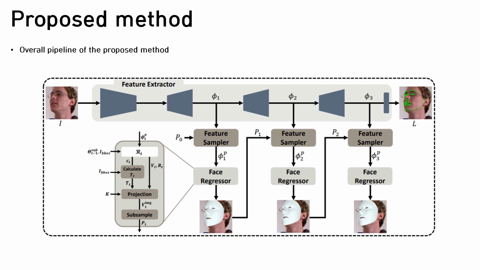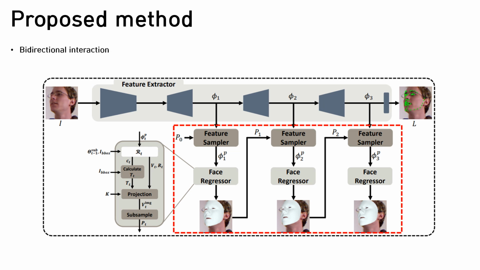At the resultant projected positions, feature vectors are re-extracted and fed back into the feature sampler. Since perspective projection is used for the projection process, face geometry and head translation become interdependent. To enable bidirectional interaction, TRG does not estimate face geometry and head pose all at once, but instead performs regression iteratively. Through the MLP layer of the face regressor, perspective projection, and feature sampling, the two pieces of information leverage each other throughout this process.